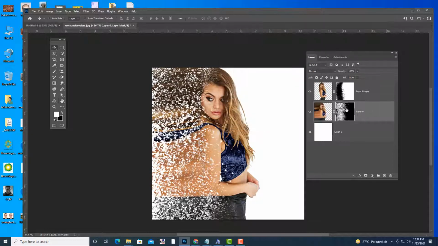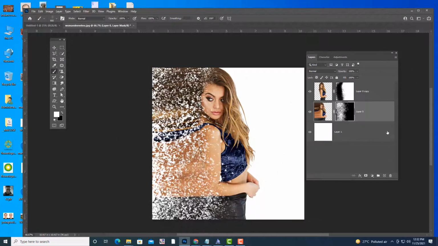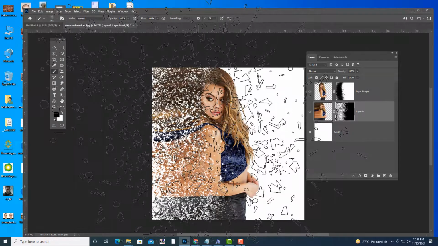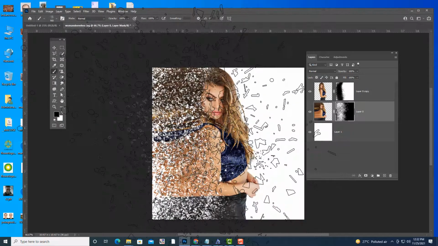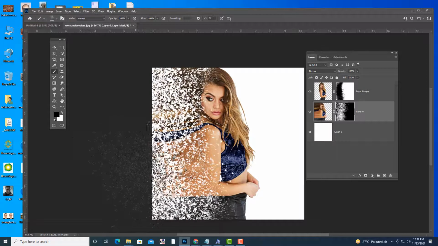Okay, and then we can do one more thing. If you want to create some holes, we can also create a hole. You take a black color and you can try to use the other dispersion brushes also. Like this, you can make some holes.